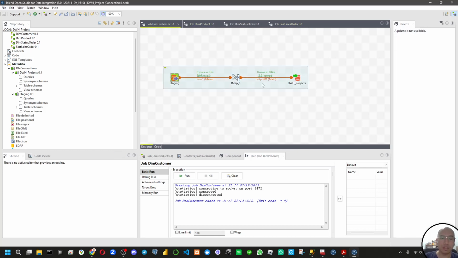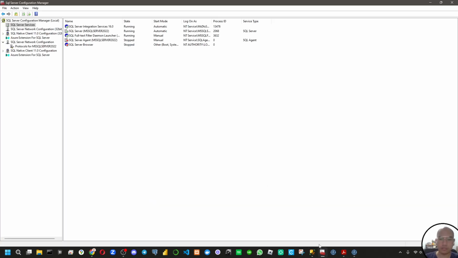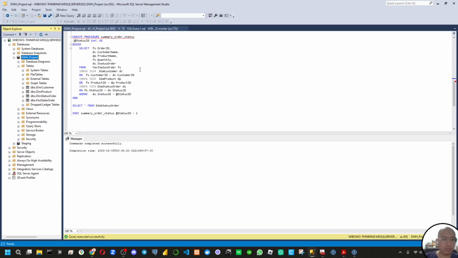So the last one, we're gonna create a stored procedure in SSMS. Okay, we're gonna go back to our SSMS here, and I already made a query creating a procedure named summary order status with the status ID as the filter.